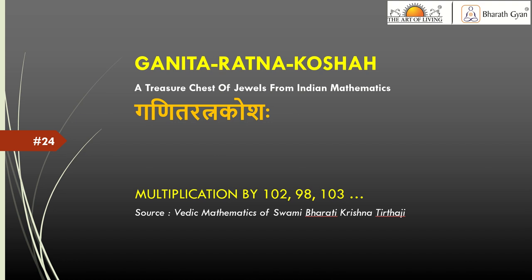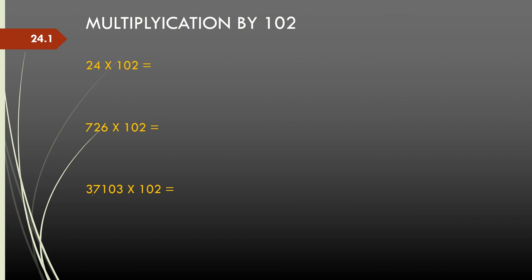In the previous two videos, we have seen how to multiply by 11, 101, 9, 99, etc. We will see today how we can extend the same process to multiply by 102, 103, 98, etc. These methods are very useful when we are trying to calculate percentage increases or percentage decreases of a number, any percentage increase from 1 to 10%. So, let us see how we can extend the process to multiply by 102 first.